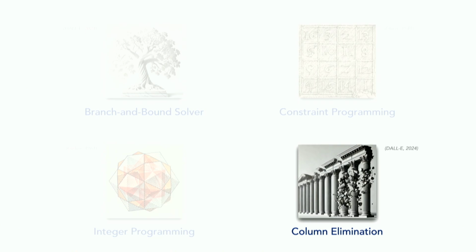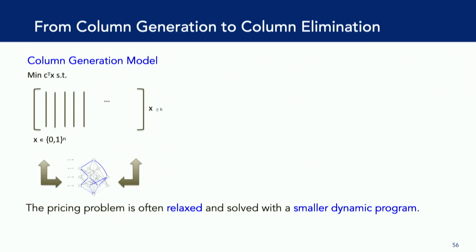Okay, I have a few more minutes for the last topic, a new topic, column elimination, which relies on several elements that we have seen, in particular the connection with integer programming. And the starting point of column elimination, which you'll be reminded of column generation, obviously, is the following. So let's take a step back and think about column generation for integer programming, and then starting with that, of course, for linear programming. So a column generation model has a column-driven linear program in which every column represents something